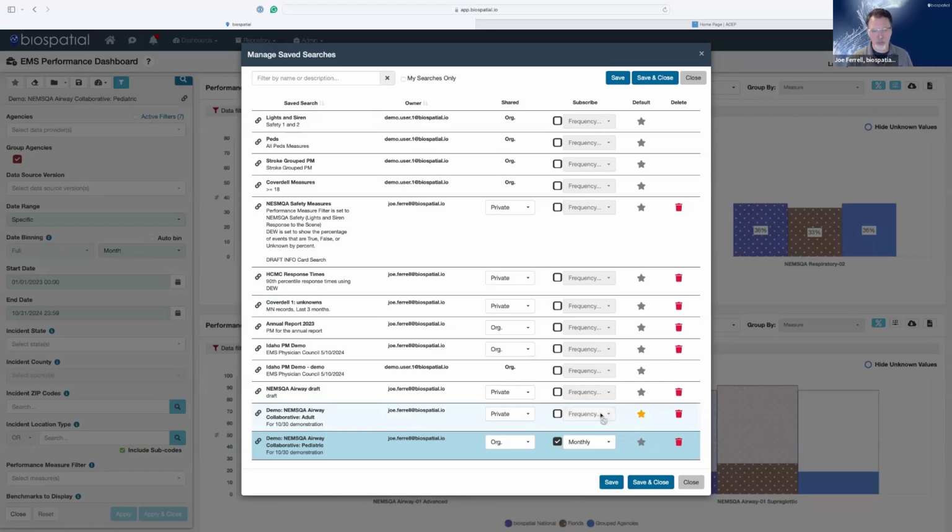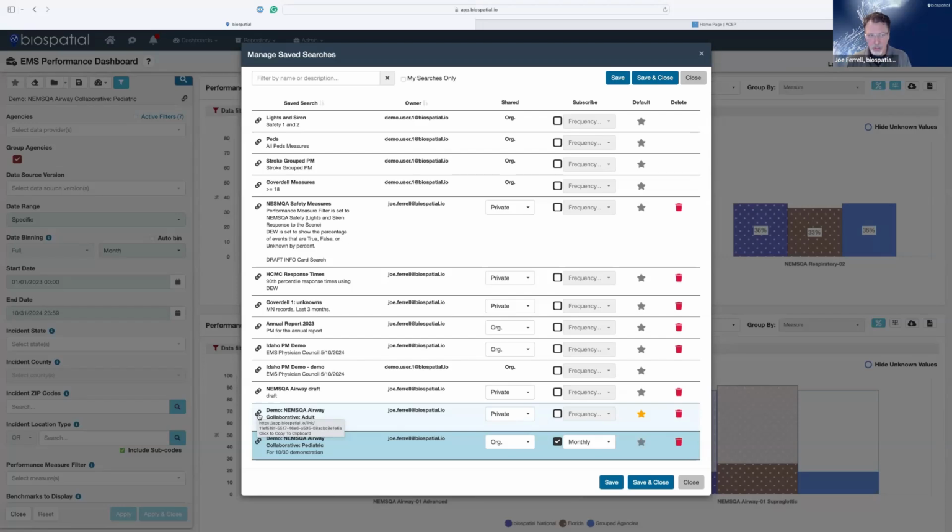Now, what Bill mentioned a little bit ago too, is that you can save and then share these queries. We have a little link here that if you click on that, it's going to copy a link to your dashboard, or I'm just going to copy a URL to your clipboard. You can then paste that into an email and send it to somebody, and then they could use the same query. I want to throw a couple caveats on this though, is that they only get access to the data